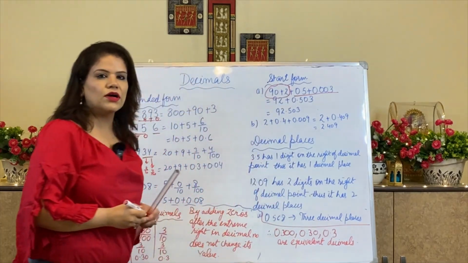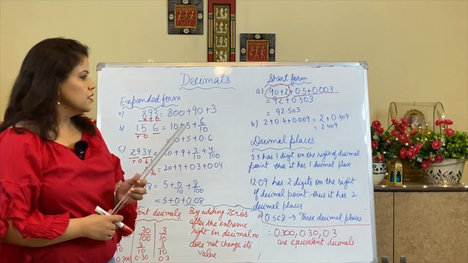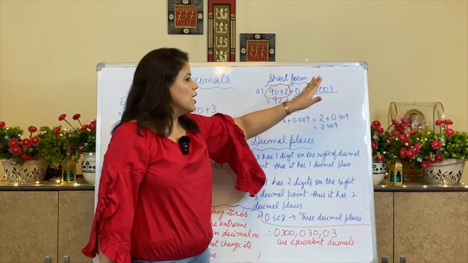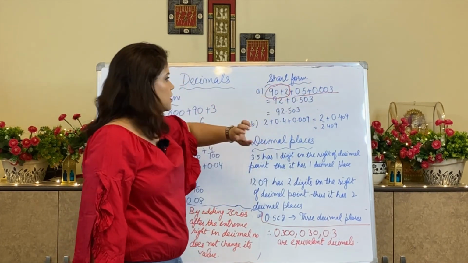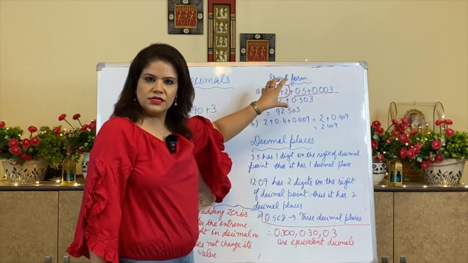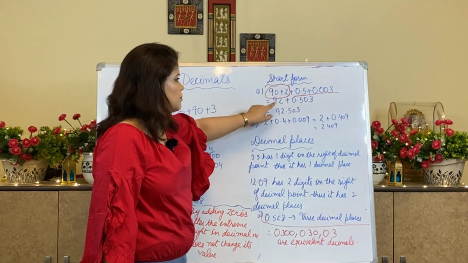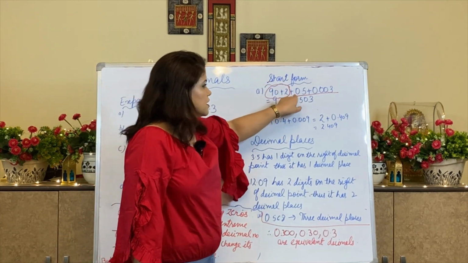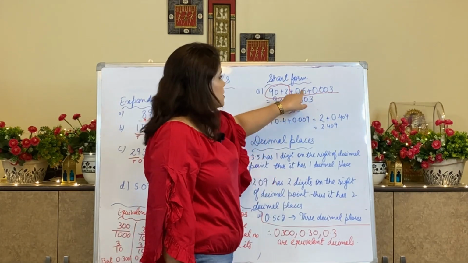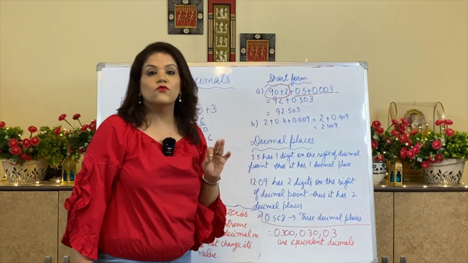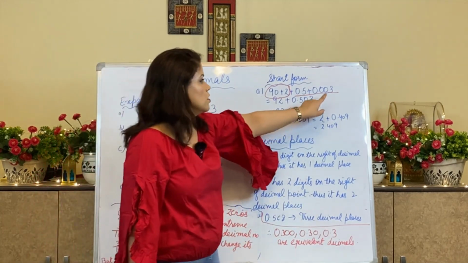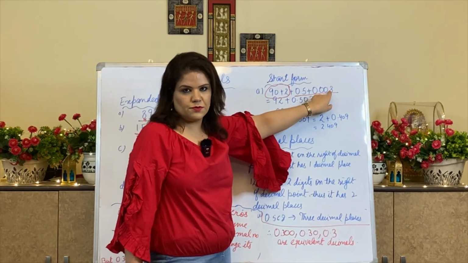You can see which two numbers have the decimal, that will come after the decimal, and the number which is written as it is, that we can write in the whole part. 90 plus 2, this is the whole number part, so this will be 92. Since it is after the decimal, this is 1/10, we don't have any number as 100s. This is the 1,000s place.